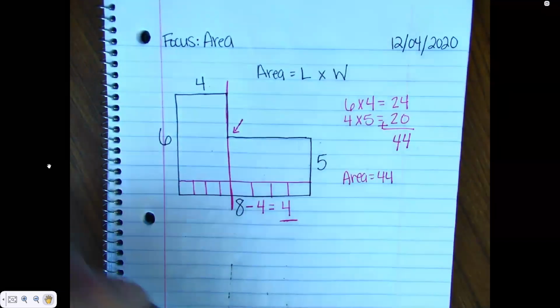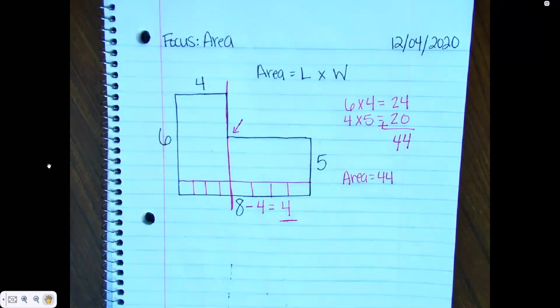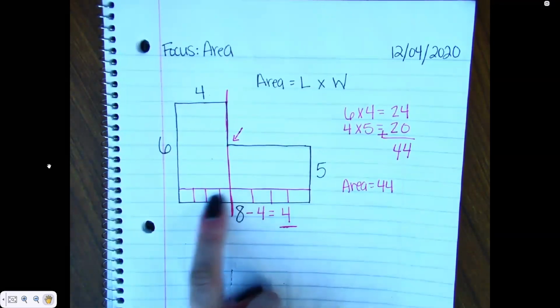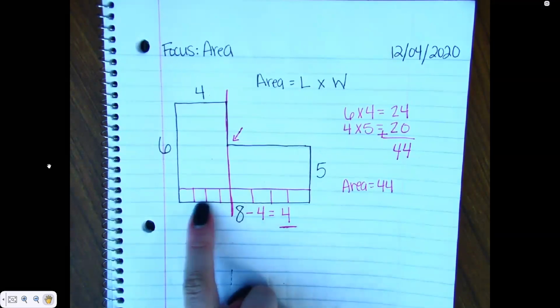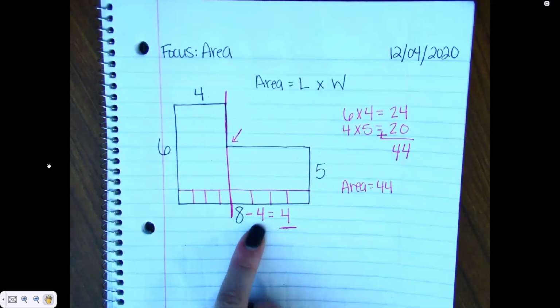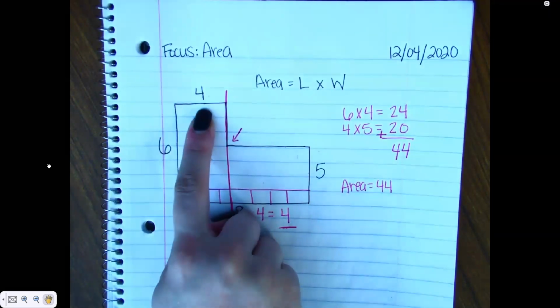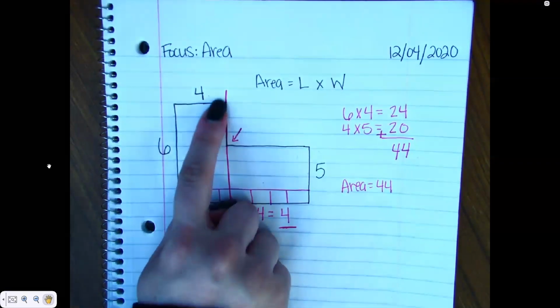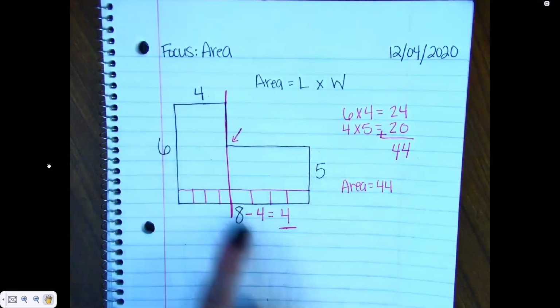will equal 44. So when you're doing your independent practice, your independent practice has just the numbers. It does not have the squares. So you either need to draw the squares or remember that you're going to have to subtract this side from this side. This is really important, okay? I promise you they will give this to you on your test. They will try and trick you with something like this. So you have to subtract this side from this side. All right,